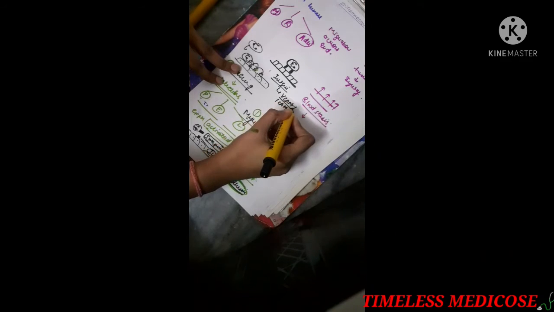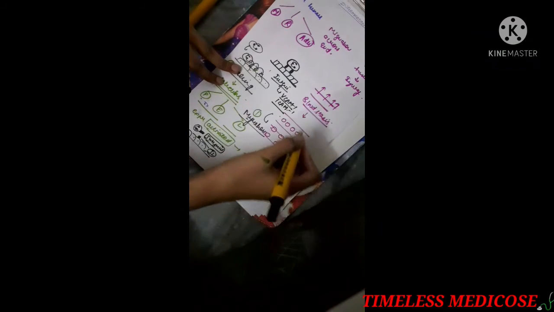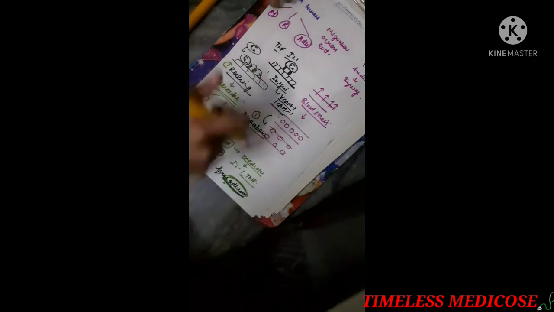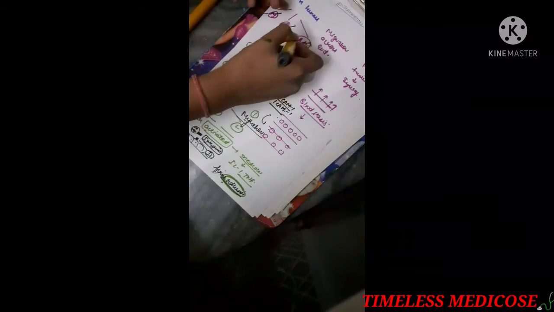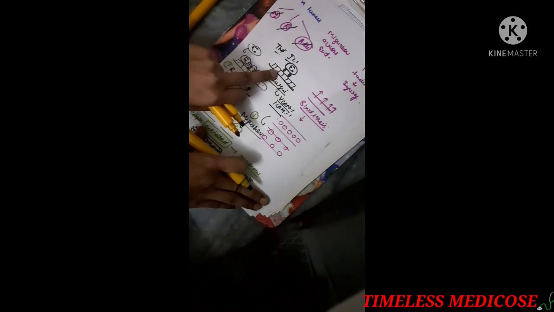VCAM is the vascular cell adhesion molecule and ICAM is the intercellular adhesion molecule. This whole step is also mediated by tumor necrosis factor and interleukin 1. So we have covered the three steps: margination, rolling and adhesion. Now once it has adhered, it causes changes in the endothelial membrane.